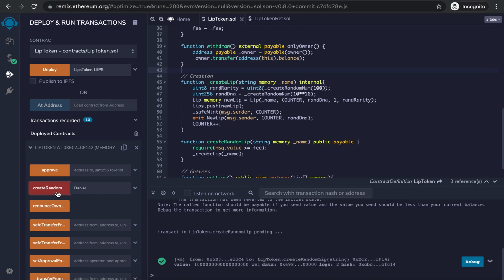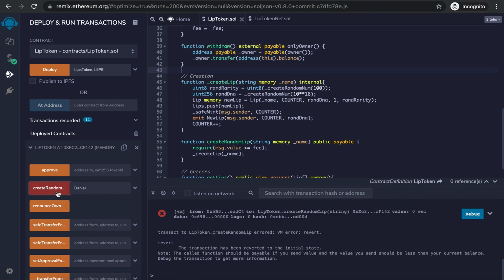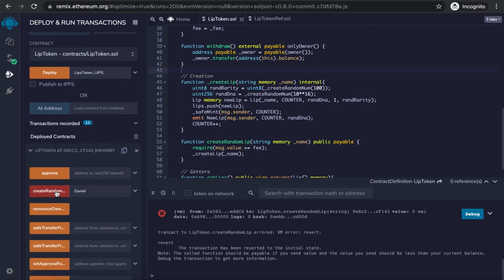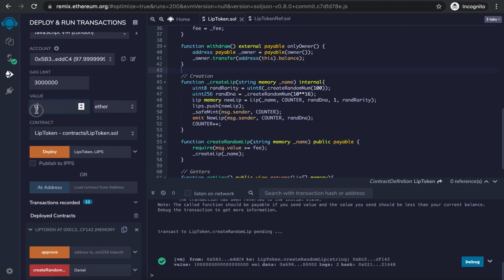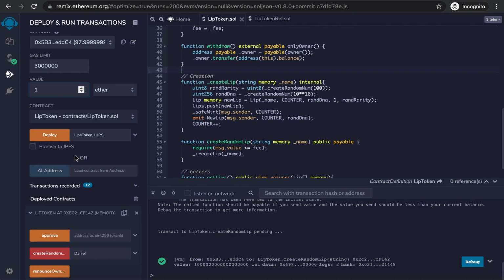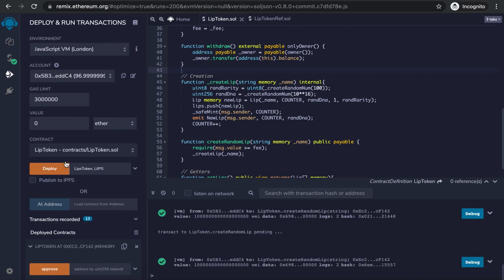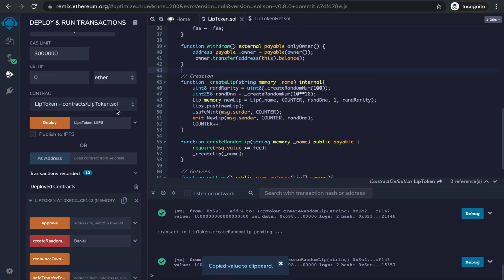I want us to do this maybe 2-3 times. So I'm going to say another one. Well, every time we need to add the value, right? So add 1, and then let's do it again. There we go. So now there are 3 NFTs that have been created,